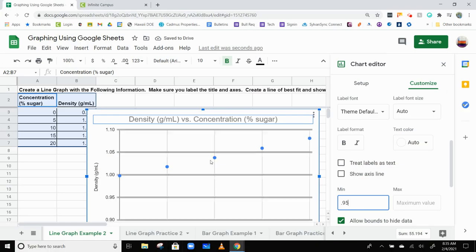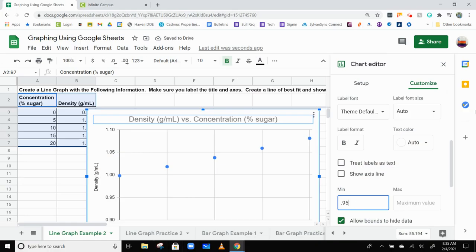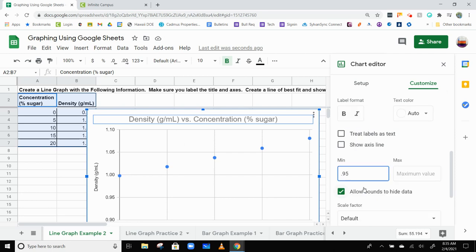Oops. 0.95. Let's try this again. 0.95. Oh, why is that not working? Anyway,